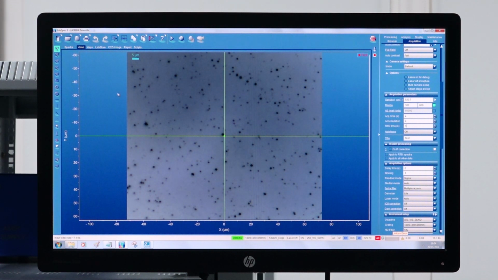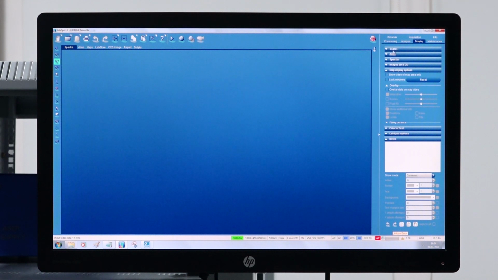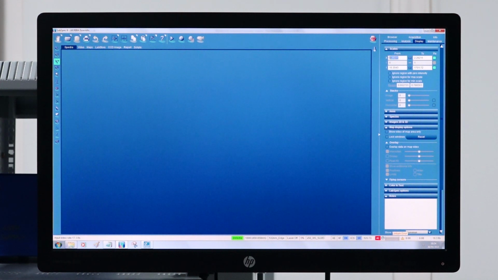Now in the data bar here I will go to spectra. Now I will set this display for the spectrum that will be obtained. Now on the top left among the tabs I will select the display tab. Here in the scales menu I will select the spectral range, which is the same as the range in which I will do my acquisition, that is 300 to 600. Now that everything is done, we are ready to take our first Raman signal.